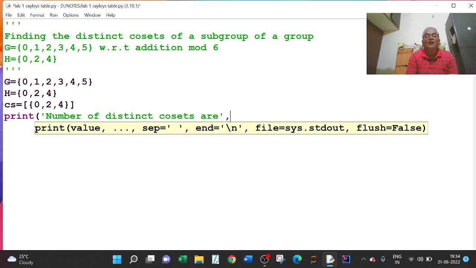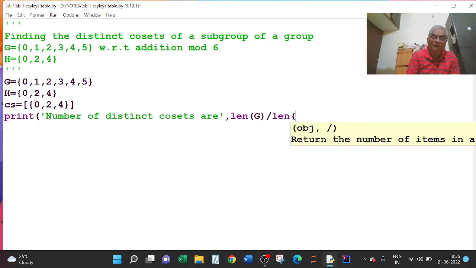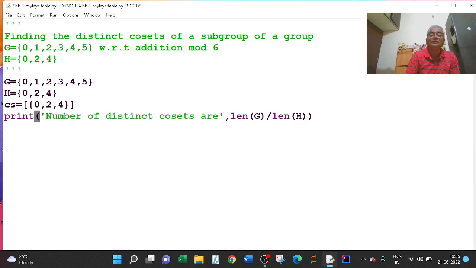Here we write length of G divided by length of H, that is len of G slash len of H, and bracket close. Or if you want, you can write int here. Definitely you will get an int anyway, because this is 6 and this is 3, so the value is 2. So what it prints on the output screen is: number of distinct cosets are 2.